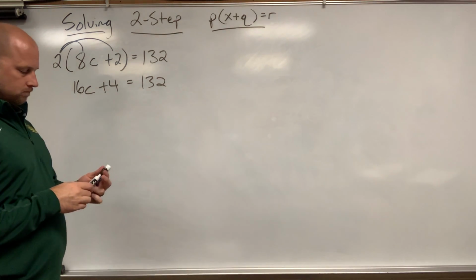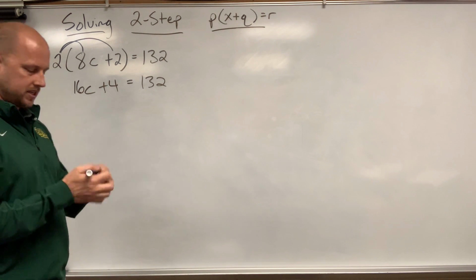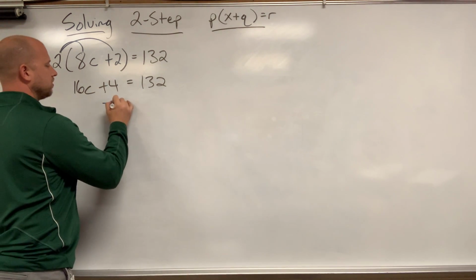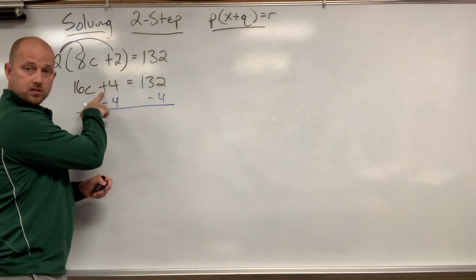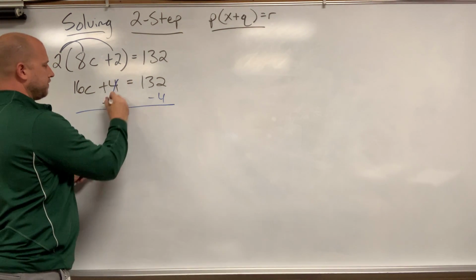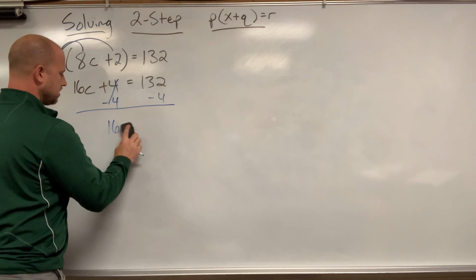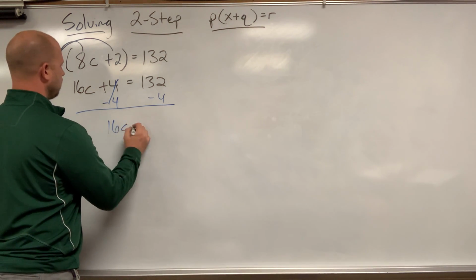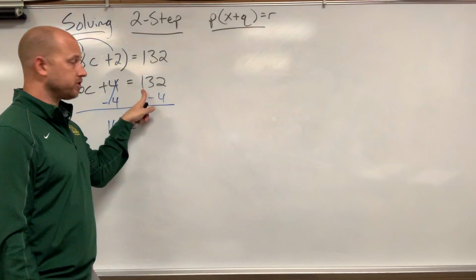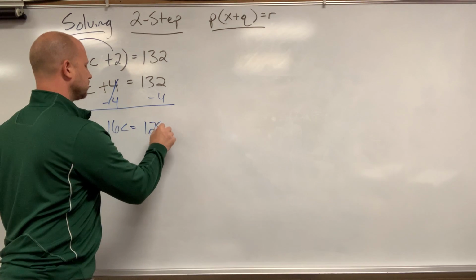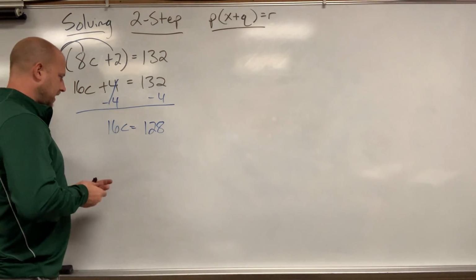All right? Now again, the 16 and the c is multiplication. That's a bond that stays together. We need to do the 4 first. To get rid of the plus 4, you subtract 4 from both sides. This gives us 16c equals, and then different signs subtract, so we subtract 132 and 4, gives us 128. Okay, and then you need to divide both sides